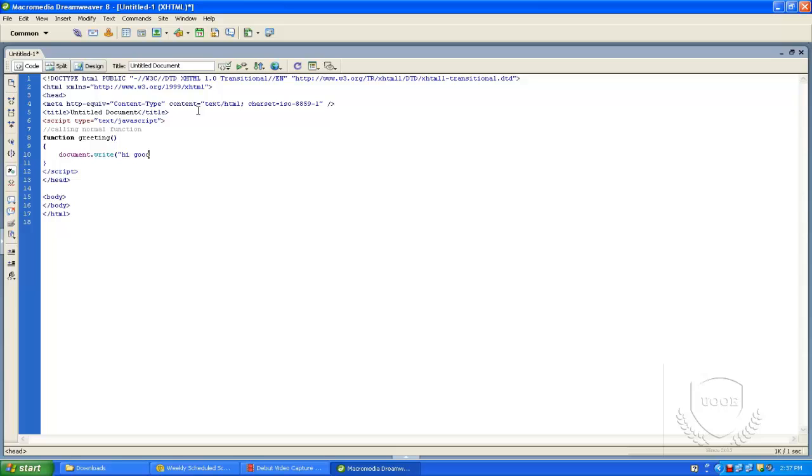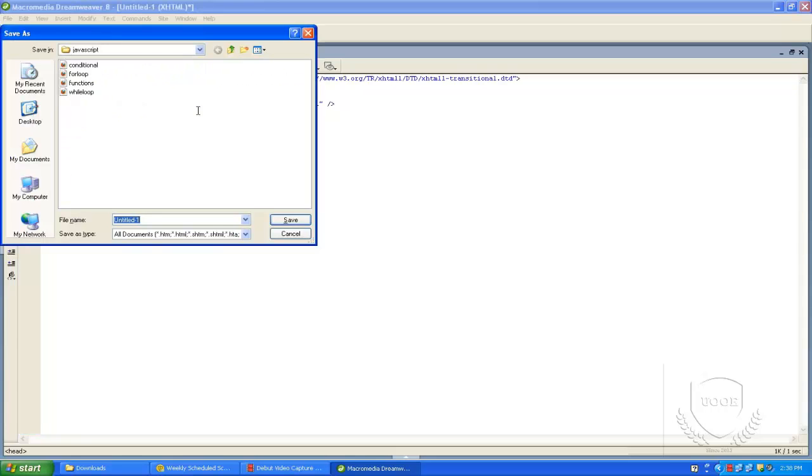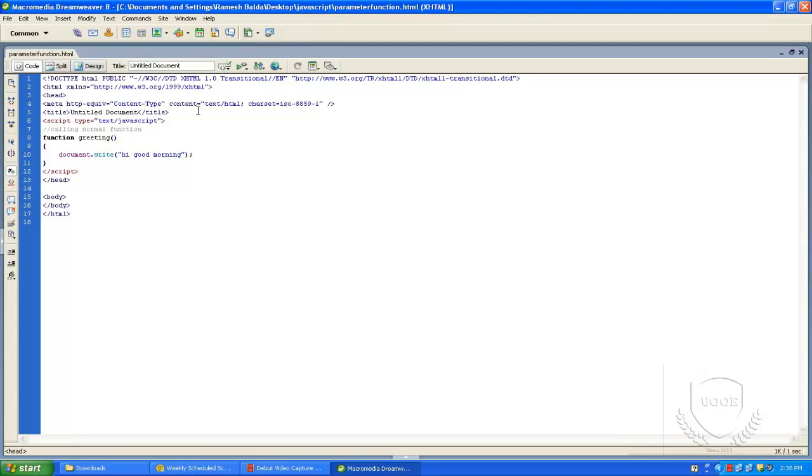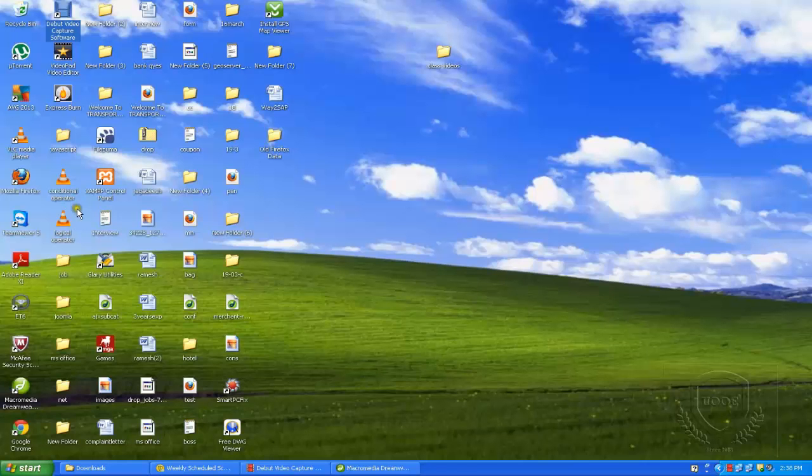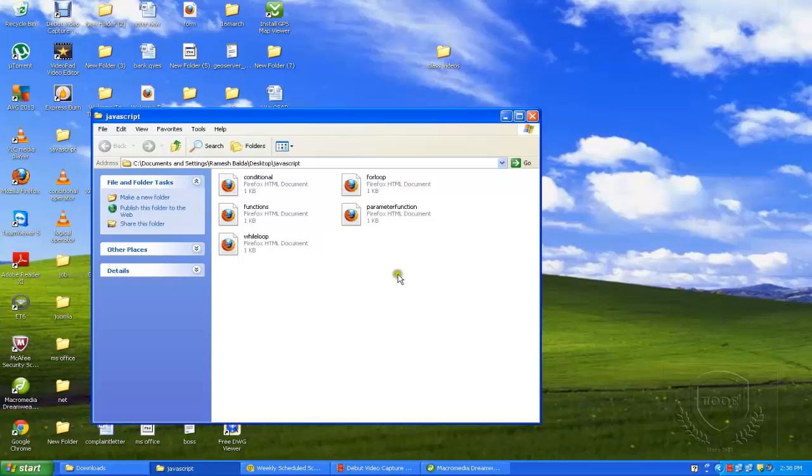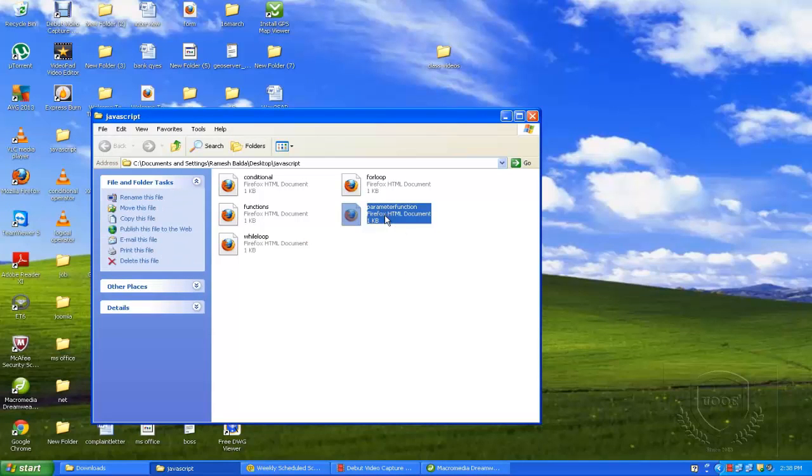Hi, good is the message. Okay. Normally I'm saving this JavaScript as function parameter dot html. I told you, if you open this file we can't find any output because we are not calling the function.